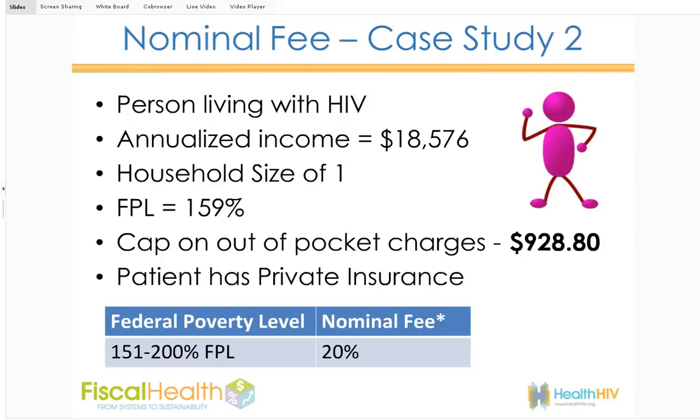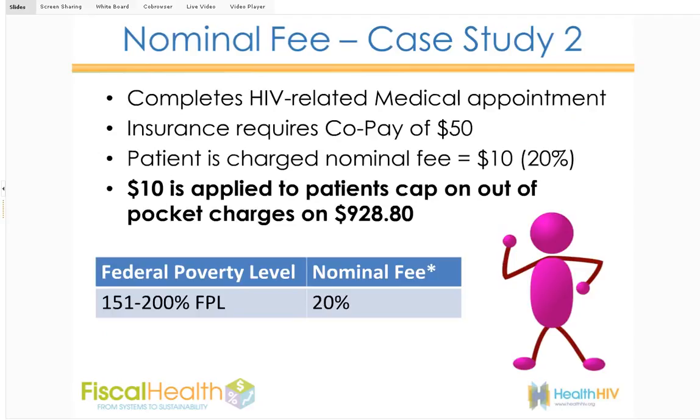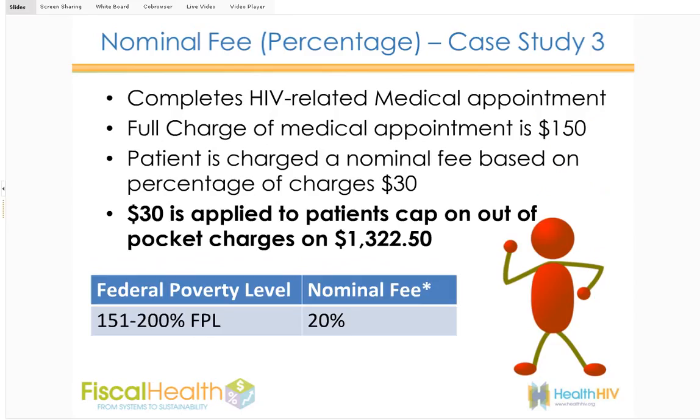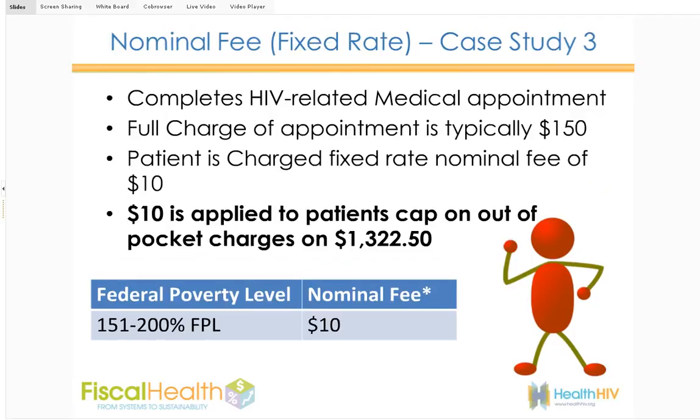So again, looking at case study 2, where we had a patient with a federal poverty level of 159%, their cap on out-of-pocket charges would be $928.80. And so when they paid their nominal fee of $10, that would be applied towards their cap on out-of-pocket charges. And then we had case study 3, where we had a patient that did not have insurance. And again, their cap based on their federal poverty level would be $1,322.50. And their charges, whether based on a percentage of charges, which was $30, or based on a fixed rate nominal fee of $10, both of those charges would be applied to that patient's